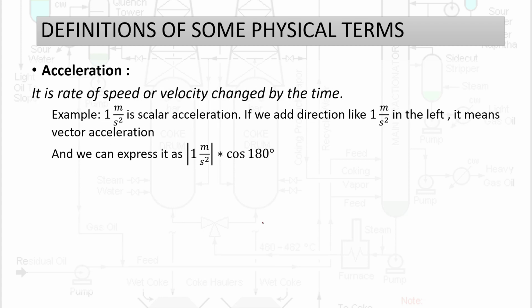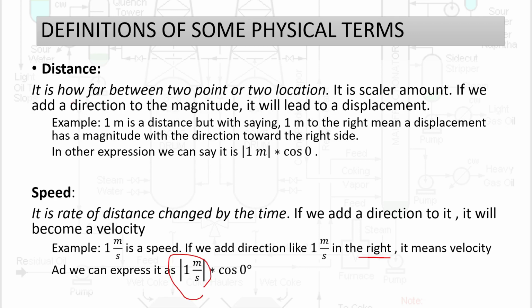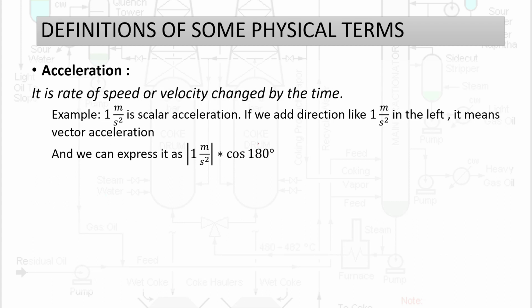Okay, acceleration is the rate of speed or velocity change with time. Distance changed by time is speed. Then again, if that same speed is changed by time, it gives me an acceleration. So the time here is counted 2 times in the denominator, see here, square. So this is a scalar acceleration, if I say 1 meter per second square. If I say 1 meter per second square in the left side, that means a vector acceleration, and we can express it as 1 meter per second square,